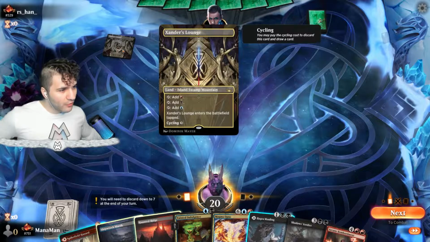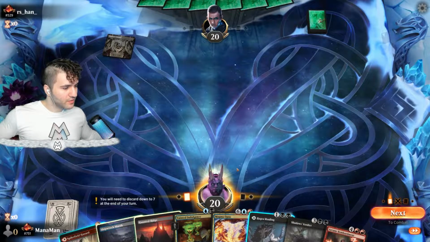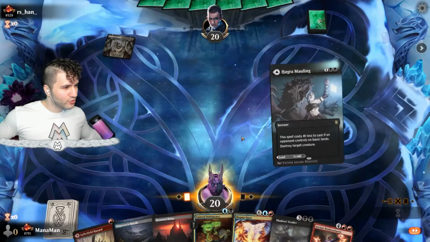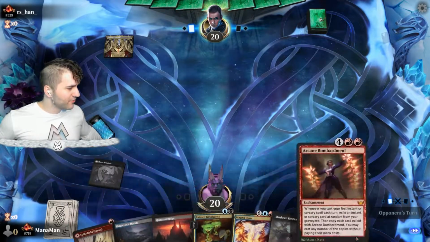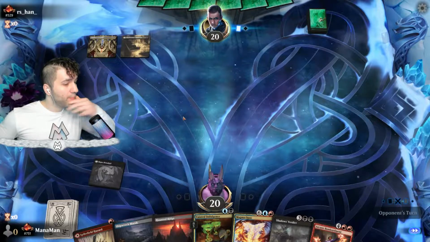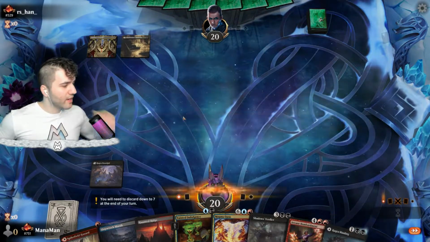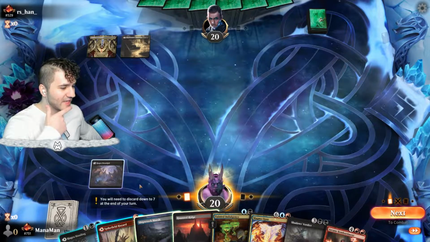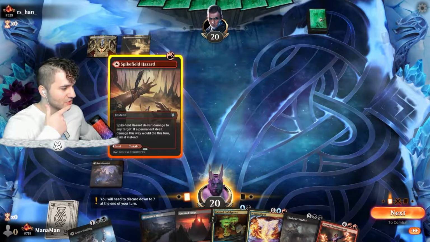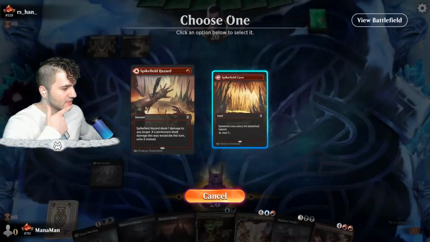Spikefield Hazard, how relevant is Spikefield Hazard going to be in this matchup? I don't know if it is. I guess we'll drop the Hagra Mauling. No untappable lands for, wow, that's actually kind of gross, but okay, another Hagra Mauling. Okay, well, I think I've kind of given up on the Spikefield Hazard. Not sure this is going to be all of that relevant in this matchup, so we'll go ahead and just